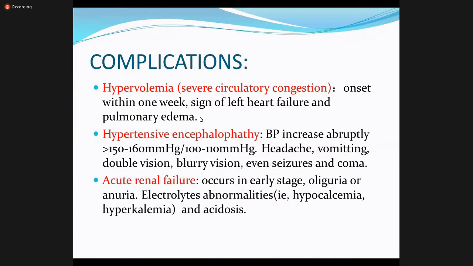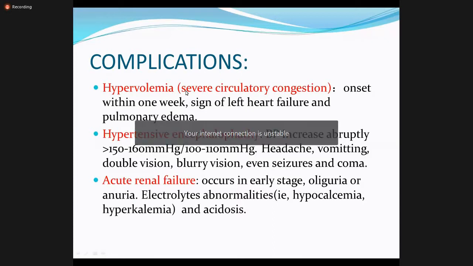The second common complication is hypertensive encephalopathy. Hypertension is one of the common signs in nephritis, AGN, or nephrotic syndrome. In 10 to 20% of the patients, they may present with severe hypertension that causes encephalopathy, with blood pressure more than the 95th centile for their age. These children usually present with severe headache, vomiting, blurring of vision, and even seizures and coma.